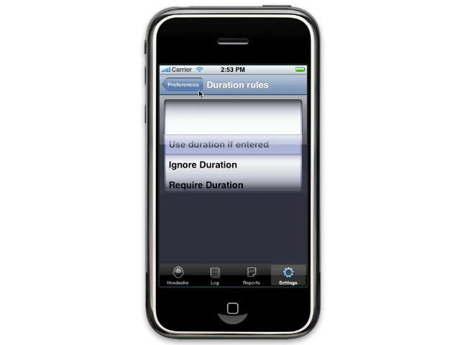Your third option is to require the duration, and the duration of the headache is required in order to determine the headache type. This means if you leave the length of your headache field empty in headache entry, iHeadache will not be able to determine what type of headache you're having. Once again, I would ask your physician which one of the three settings he prefers.